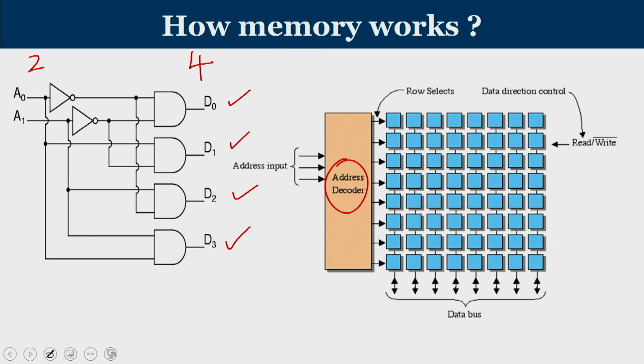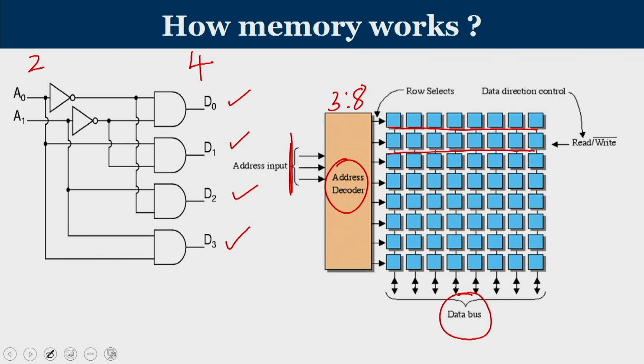Similarly, the internal circuit of a 3:8 or a 5:32 decoder can also be drawn. Given on the right side of the slide, we can see a 3-input address coming in, and the decoder is a 3:8 decoder, and based upon that one of the 8 words is uniquely chosen and the contents are transferred through the data bus. So, when you have a larger memory, then proportionately a bigger decoder is used, and the decoder is going to take more time if the number of inputs is larger.